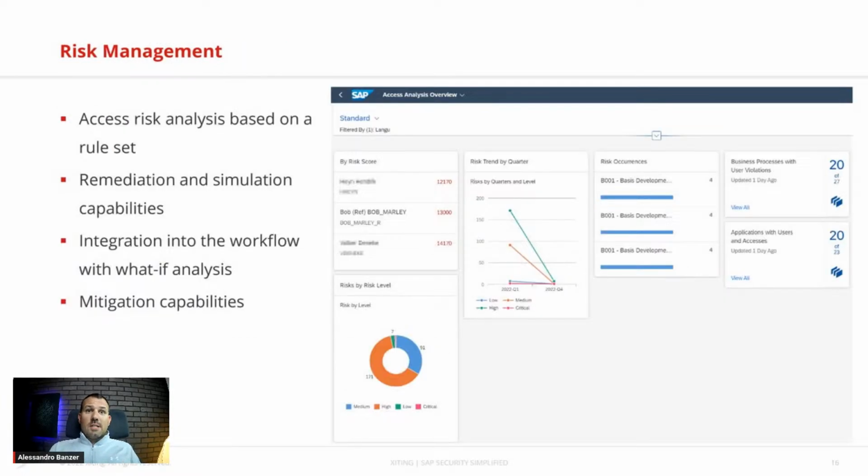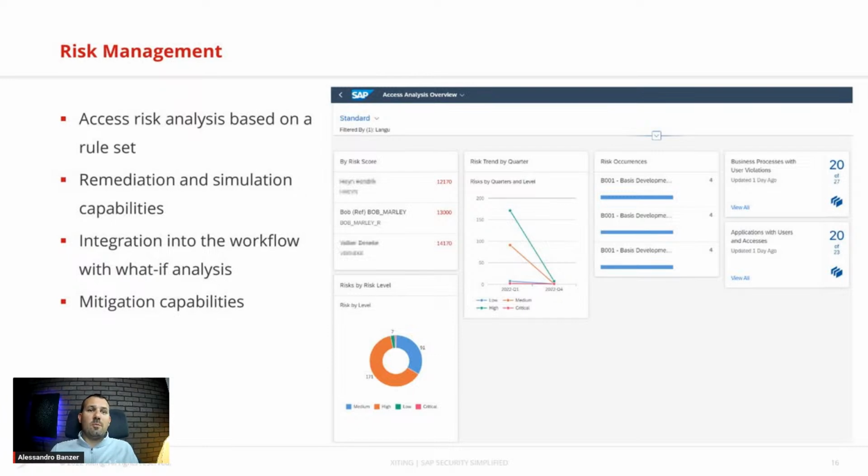Last but not least, risk management. It's a big topic, obviously. SOD and SOX compliance is a big topic, especially here in the US, but obviously all over the world. When it comes to risk management, it's only going to be stricter, definitely not leaner. It's always getting harder to keep under control because there are more rules and more fraud. With hybrid landscapes, there are more open doors now because there are different systems.